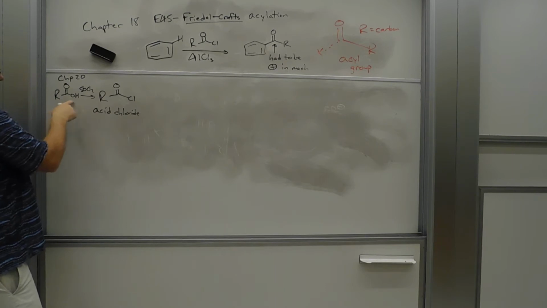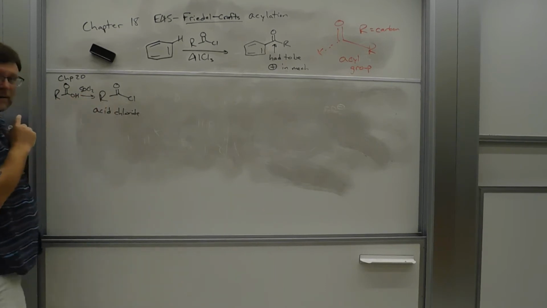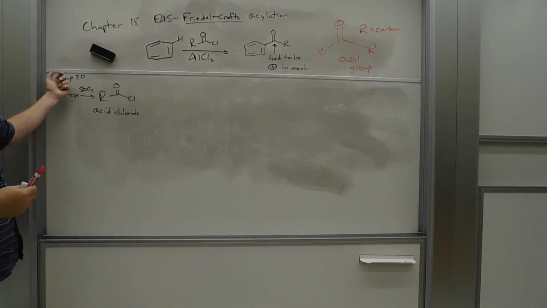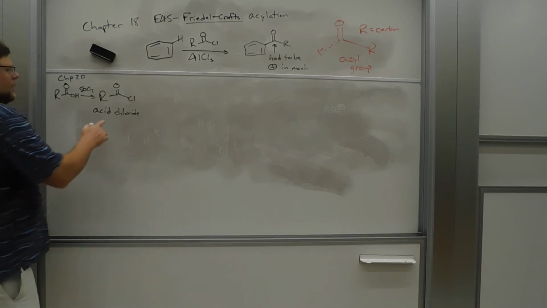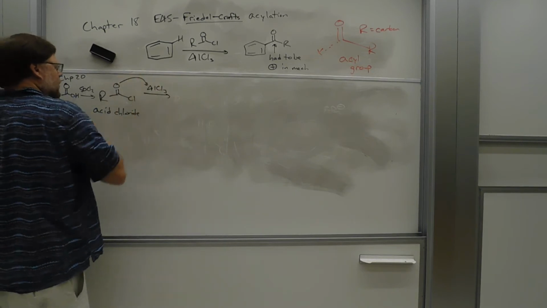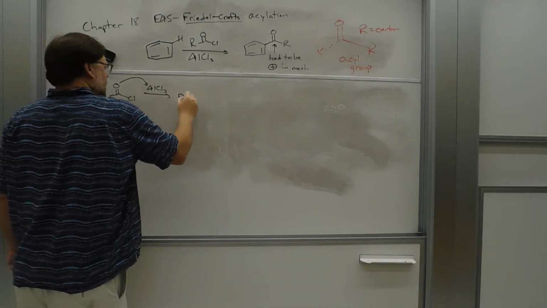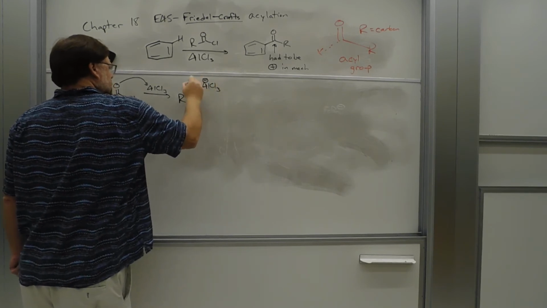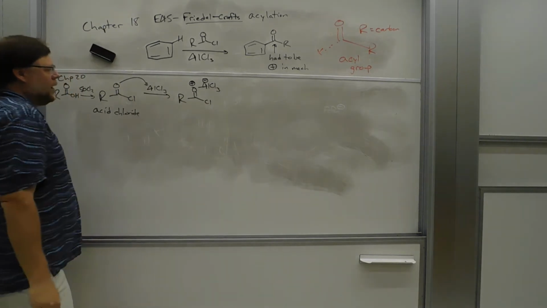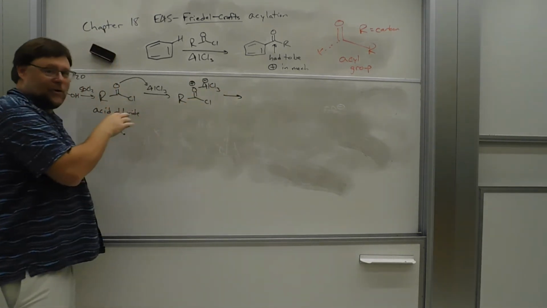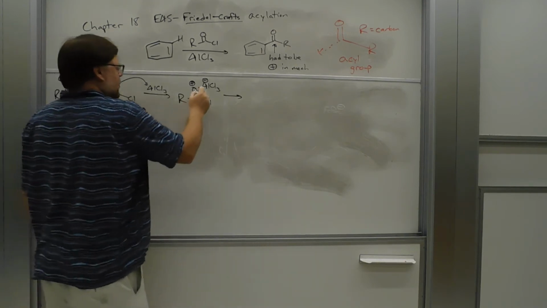If you take a carboxylic acid and treat it with thionyl chloride, you get an acid chloride. You guys remember this as an alcohol reaction, right? If I take an alcohol and I treat it with SOCl2, I get an alkyl chloride. All right, we take this and aluminum chloride. The aluminum chloride is a powerful Lewis acid, and so we wind up with this complex, and then this decomposes. I'm not going to expect you to ever draw this mechanism. This decomposes